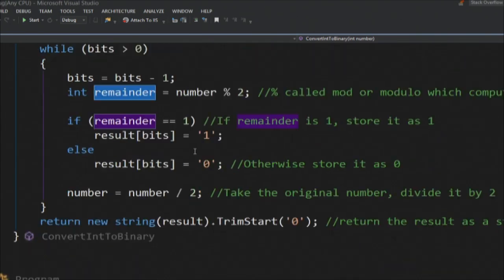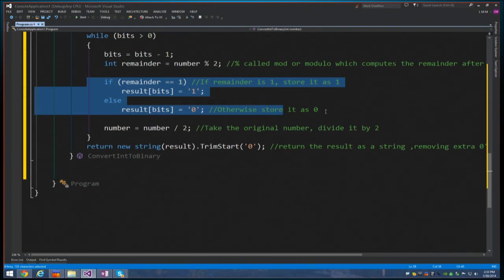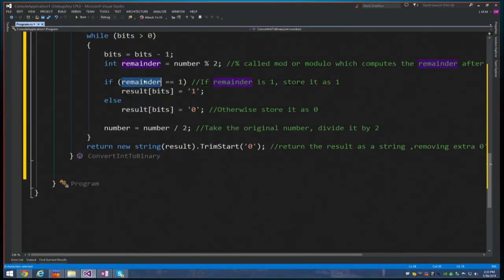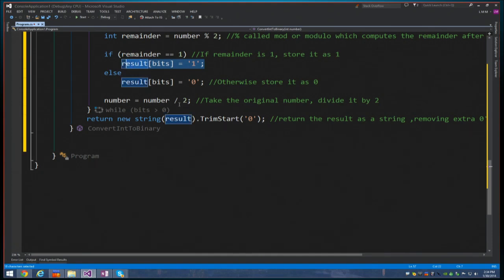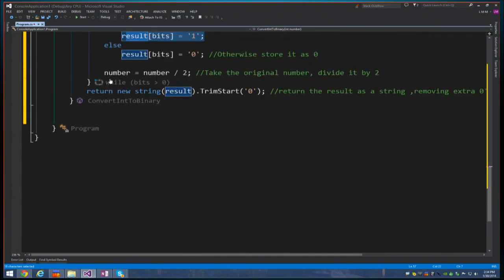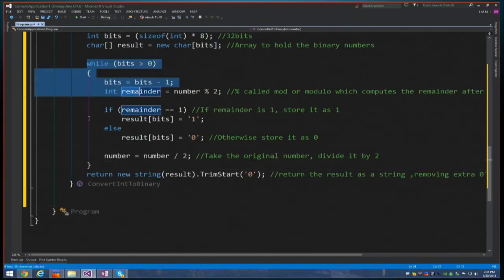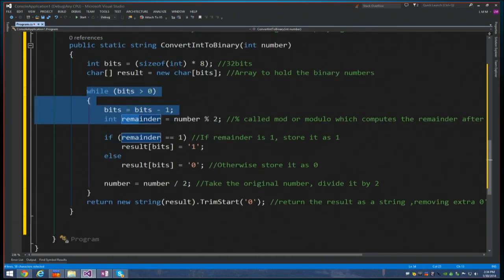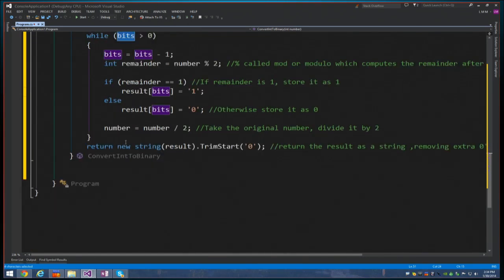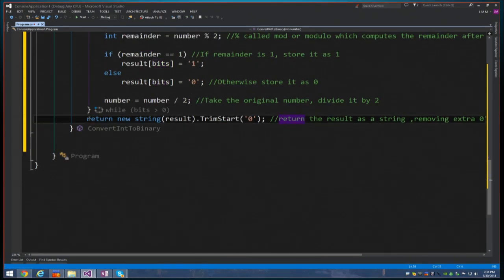Right. And then what I'm going to do is use this to do a check, and that's a special check. We don't have to worry about this, but I'm saying, hey, if it's a 1, then I'm going to store 1 for later so that I can output it to the user. And then down below, finally, I'm going to do what you just did. I'm going to divide the number by 2 again, and store the rest of the number. So in your case, you did 41, then divided it by 2, and have what was left over. Then the loop ends, and it goes back up to the top, and keeps doing it over and over again. Once this hits 0, it's going to stop. Then we hit the end of the program, and it will return your number.